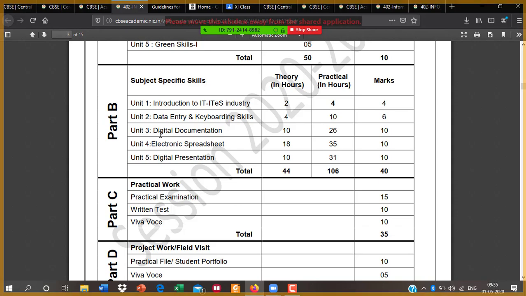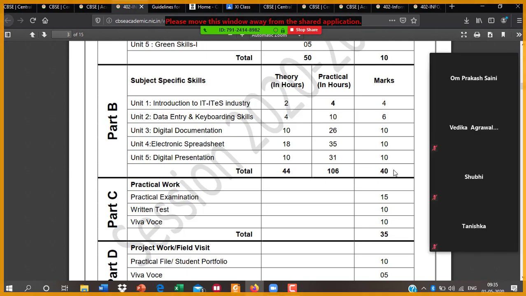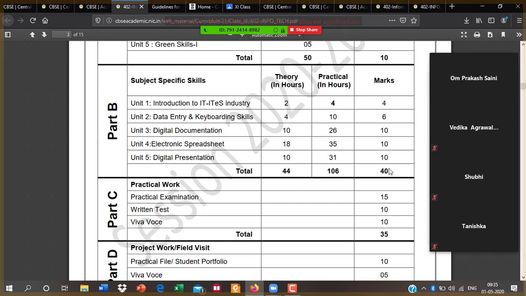Unit 3, Digital documentation, has 10 marks. Unit 4, Electronic spreadsheet, has 10 marks. Unit 5, Digital presentation, has 10 marks, and the total is 40 marks. Now this 10 and this 40 make 50 marks.